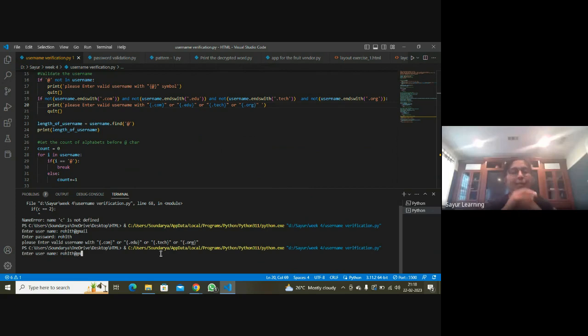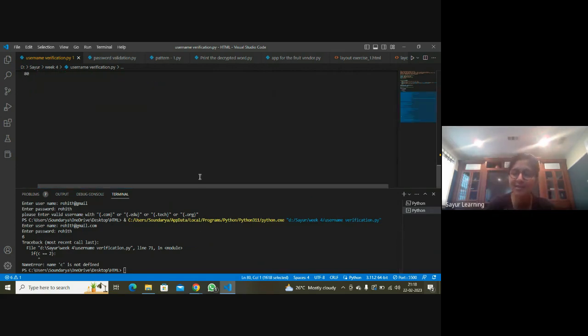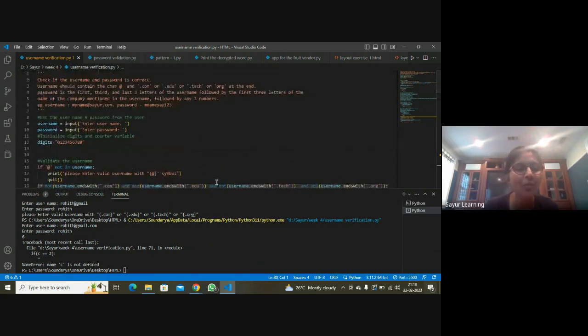So another technique you can use, instead of getting input every time because you are testing, is to have a variable named username. Instead of entering it, just hard code it so that you can run the code and test it, and when everything is done, you can go make it into input. So did it work? Okay.